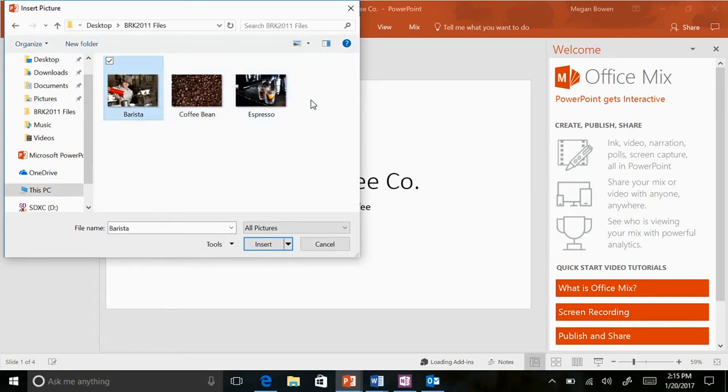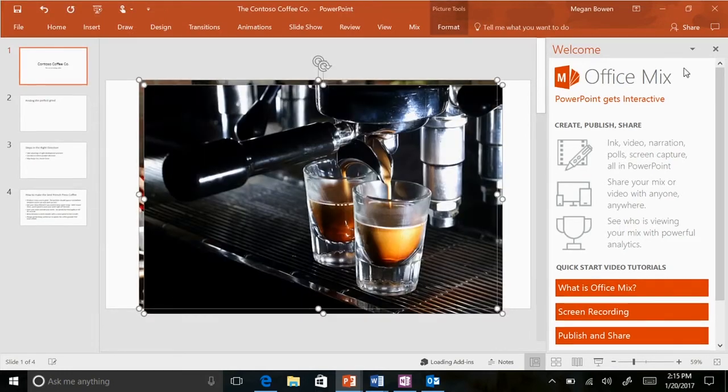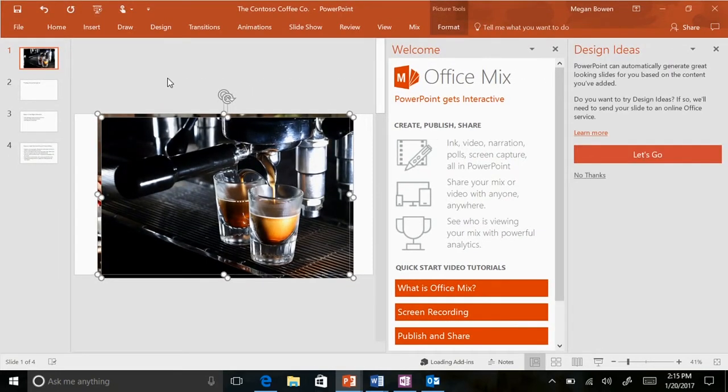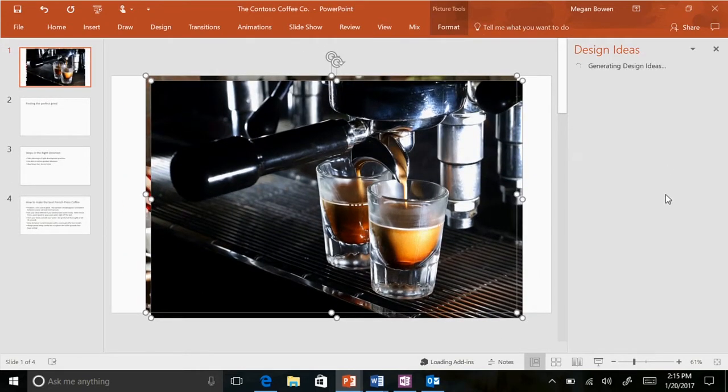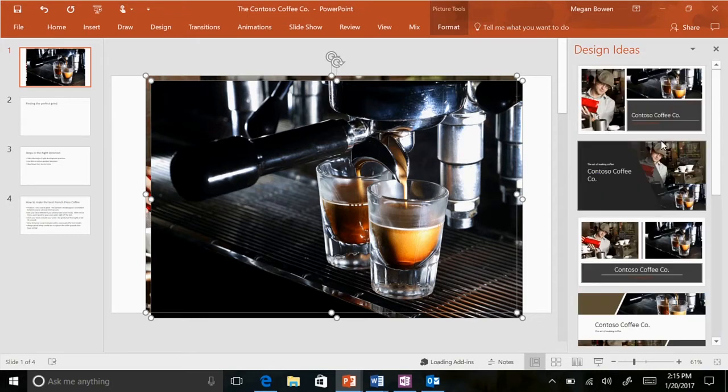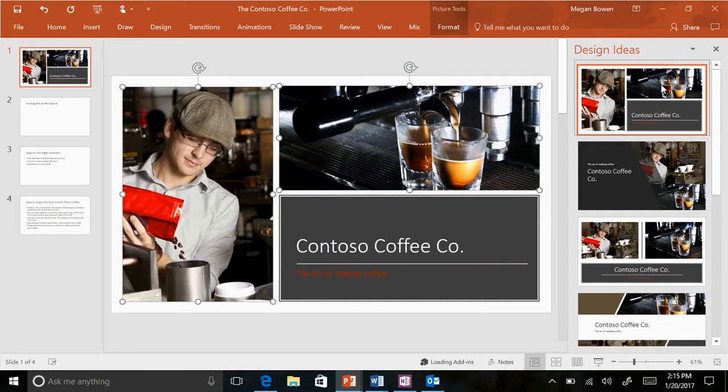And we're going to do the barista here and the espresso. And that looks terrible. So you don't really have much going on. But look how easy it is using what's called PowerPoint Designer. It's going to actually make recommendations for you. So all you have to do is click on one, and it gives you a formatted slide based on recommendations,